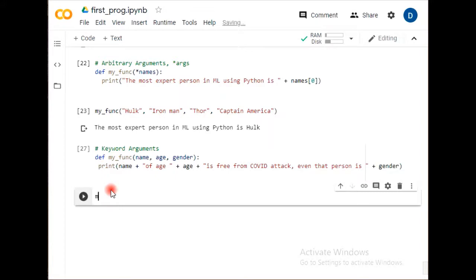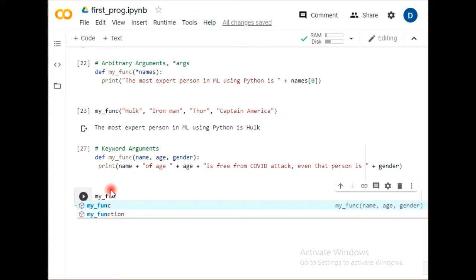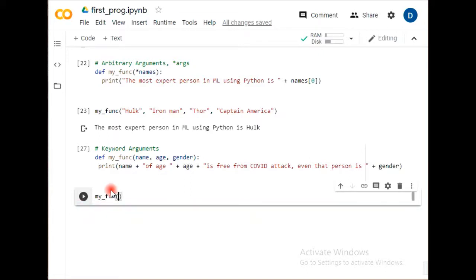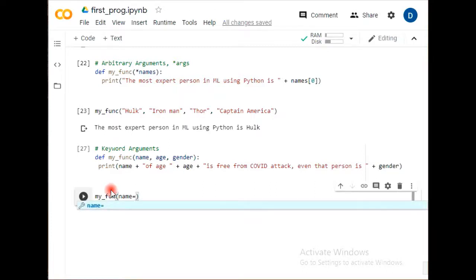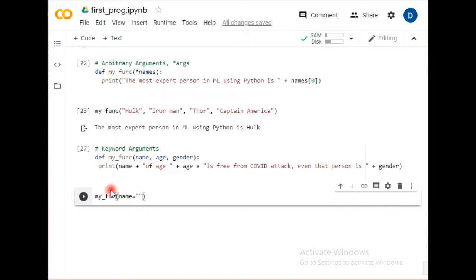So what is that? My function calling this one. So the first keyword I have used is what? Name. And that name I'm giving equal to the value Peter. And then after I'm giving the second keyword and assigning the value here, 24.